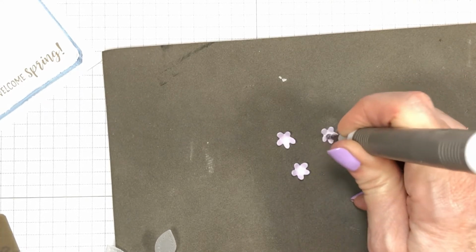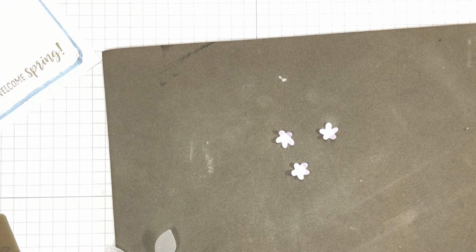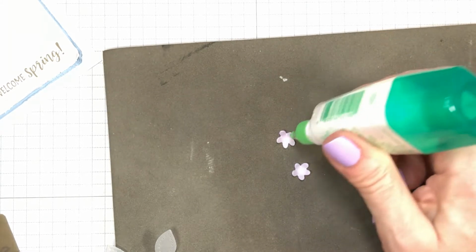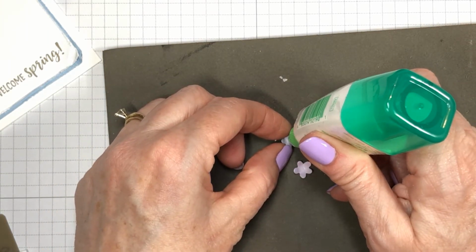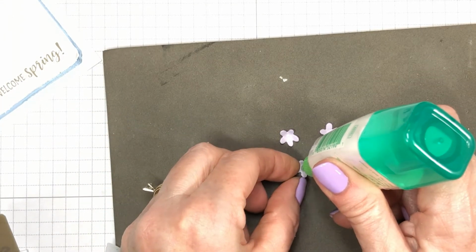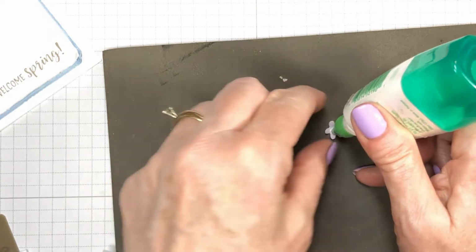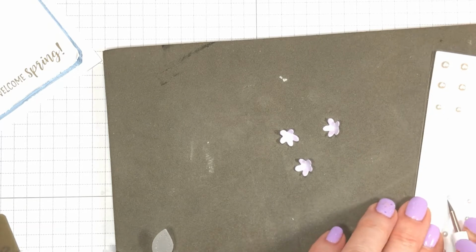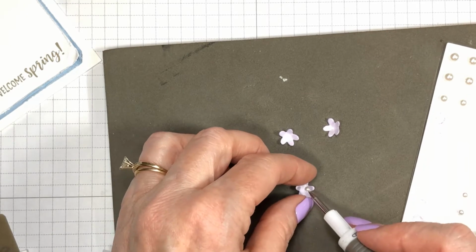All right. So then I am going to take my liquid glue and I'm going to put a little dot in the center. I always add a little bit of liquid glue when I'm going to be using any kind of an embellishment, as I want to make sure that they do not fall off. Okay,